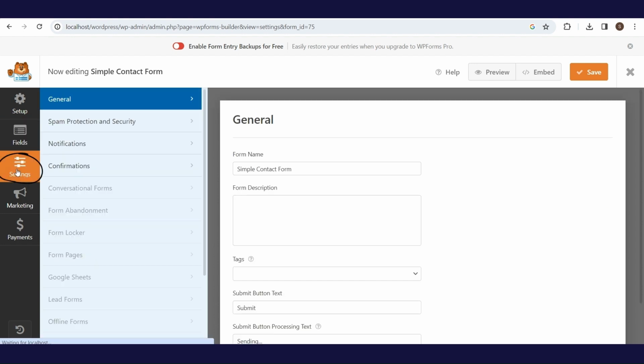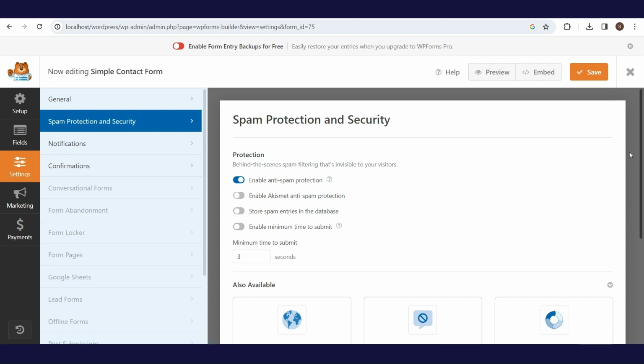The Settings tab is used for other settings. In the General section, there are basic things such as form name, form description, etc., and we will not change anything here. In Spam Protection and Security there are options to improve forms security, but we will not change anything